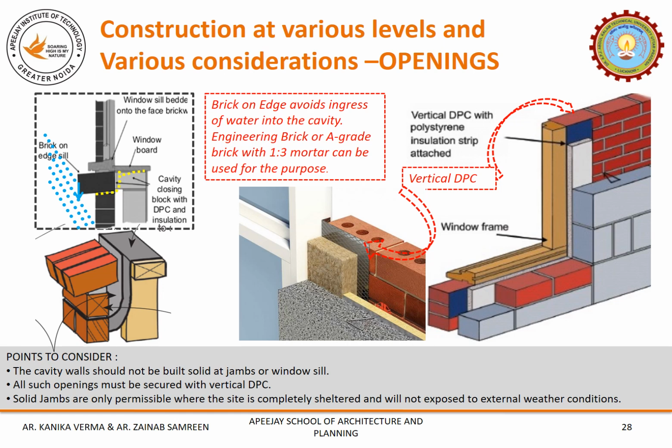Otherwise, the cavity can be closed by returning the inner leaf towards the outer leaf, meaning the wall itself. In both cases, the opening must be secured by a vertical DPC to prevent moisture from passing through. The vertical DPC can be of various materials available in the market. They should be in the form of a sheet which helps to wrap and secure the jamb properly. The image on the rightmost side shows the use of polystyrene sheet as vertical DPC in the cross section.